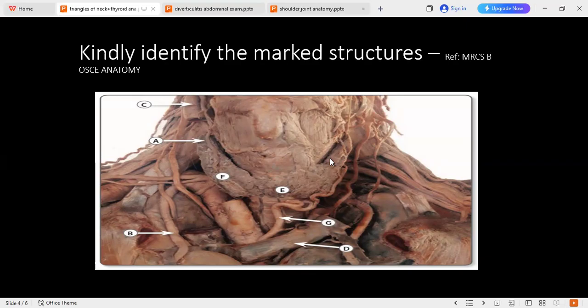Right. Please tell me what is the nerve supply of the thyroid? It's supplied by sympathetic fibers, plexus. Yes. All right. Okay. Please tell me